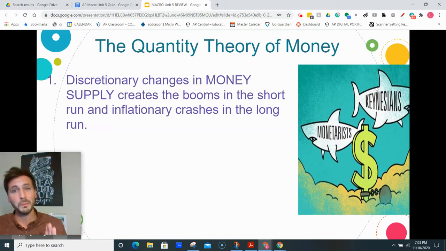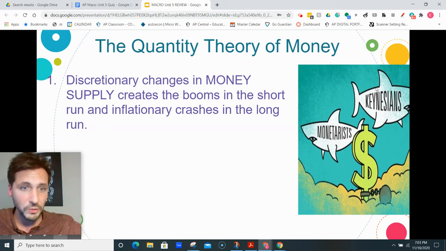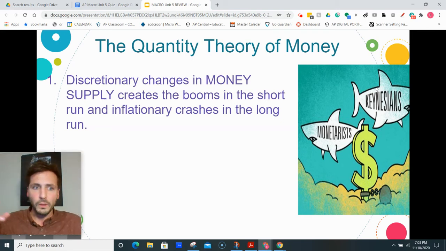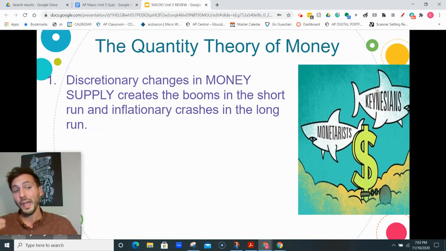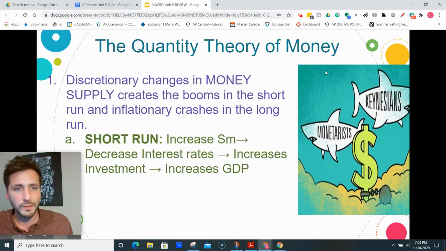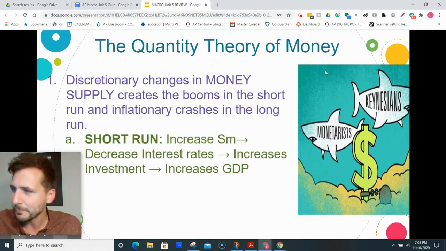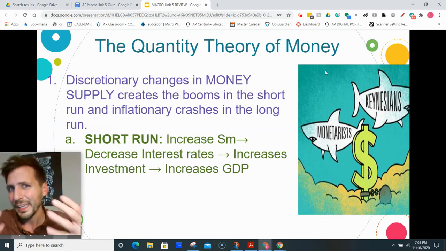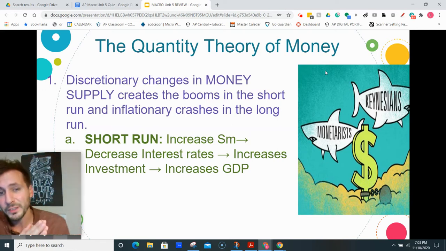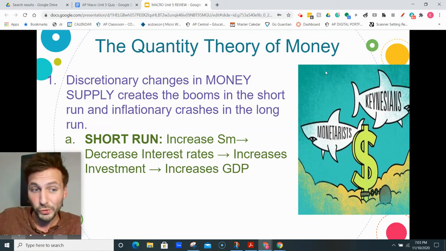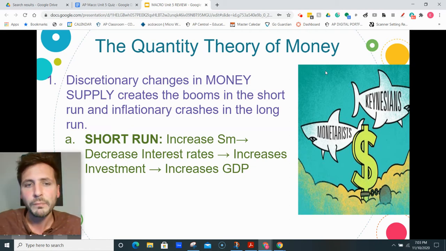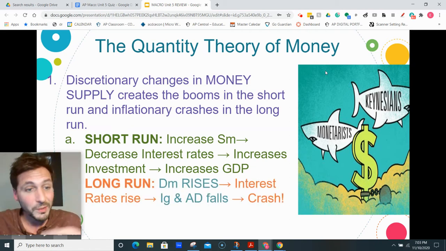So our economy temporarily gets better, right, which is the goal of expansionary supply of money, but in the long run actually crashes again, and all we're left with are the higher prices that we got, right? So the idea looks like this. In the short run, you know this line of logic already. Increase in supply of money pushes down interest rates, pushes up investment, increase in GDP. Our demand shifting to the right, price levels rise. Got it? But in the long run, something changes.